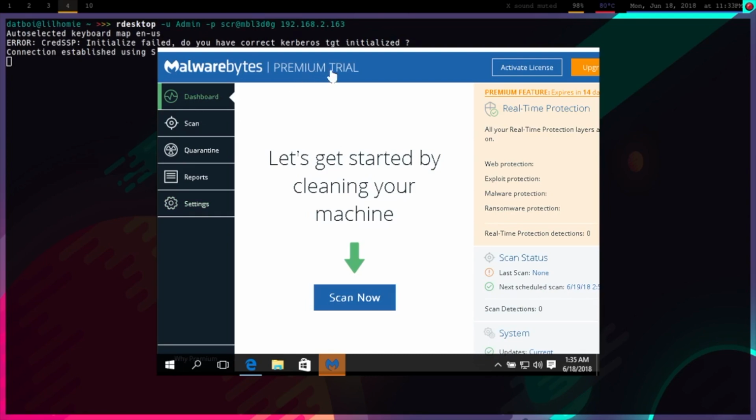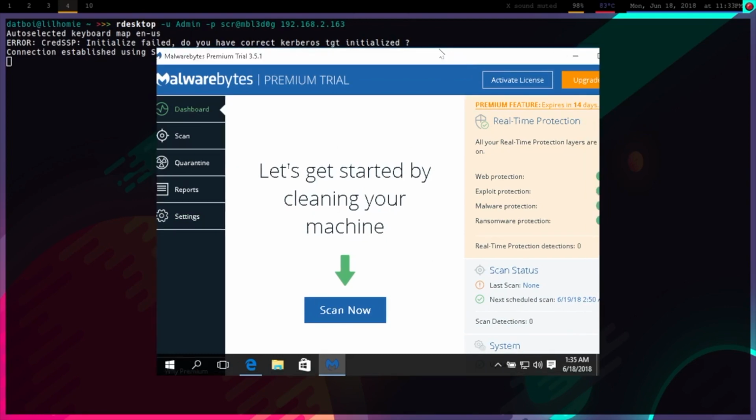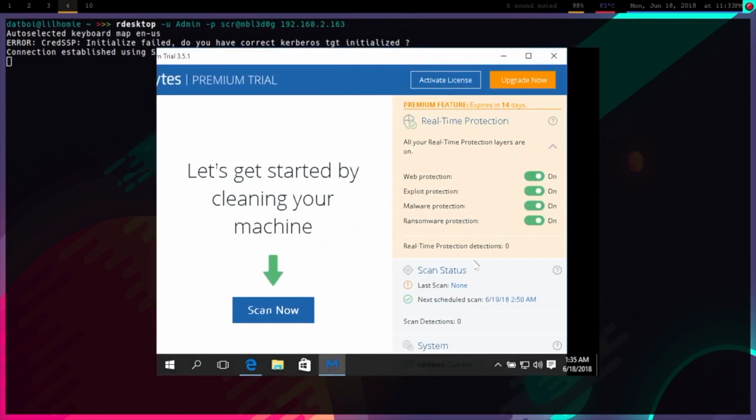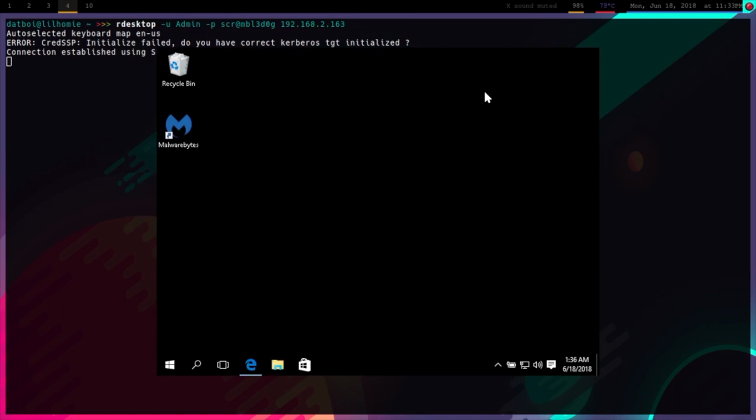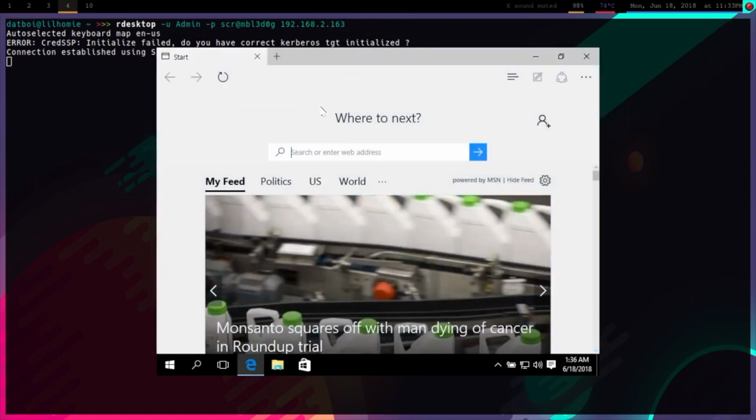Alright, so here we go. Malwarebytes decided it wanted to load up. So we've got the free trial, premium real-time protection, whatnot. Let me show you that everything's enabled, so everything's on. Haven't done a scan, but you know, if you can't catch it in the act, unless your scan catches it right at the same time I'm running it, then it doesn't matter. So there you go. Again, I'm not bagging on Malwarebytes. Actually, it's one of my favorite products compared to many AV out there. I just picked an AV, and I picked Malwarebytes because I liked it and I wanted to see if it worked, and it did. Alright, so